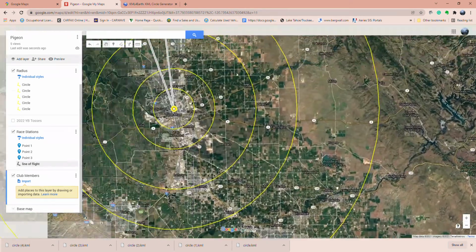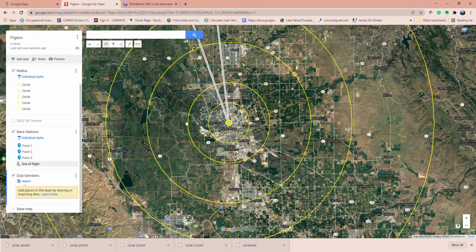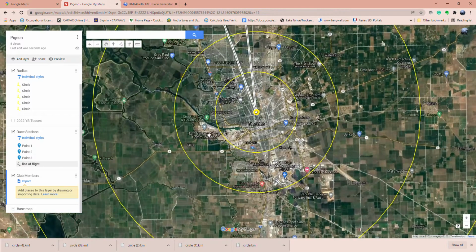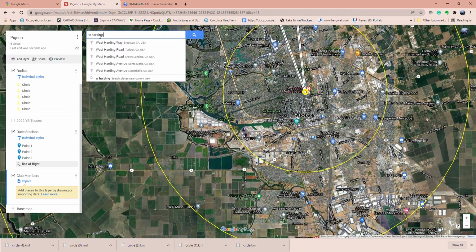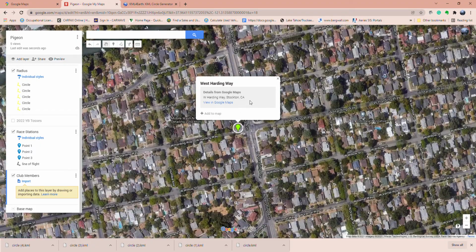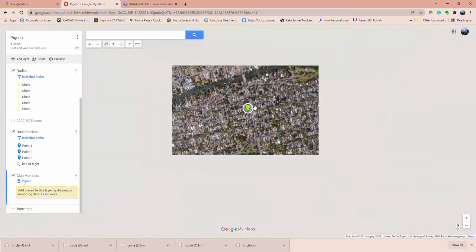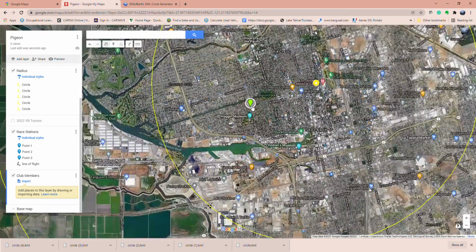And then come in here, and you can either enter the addresses up here in the search bar, or you can find their lofts on Google Maps. It's easier just to enter, you know, their address, West Harding Way, in Stockton. There it is. So there's one of the guys in the loft is added,